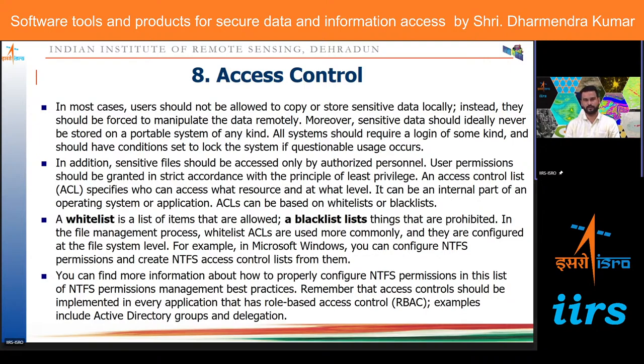So whenever those whitelisted pen drives are connected to your systems in your office, they are allowed to copy the data. But apart from those devices, if you try to put in any other new pen drive, that will not be allowed because it is not in the whitelist of the systems. So this way we can have some control